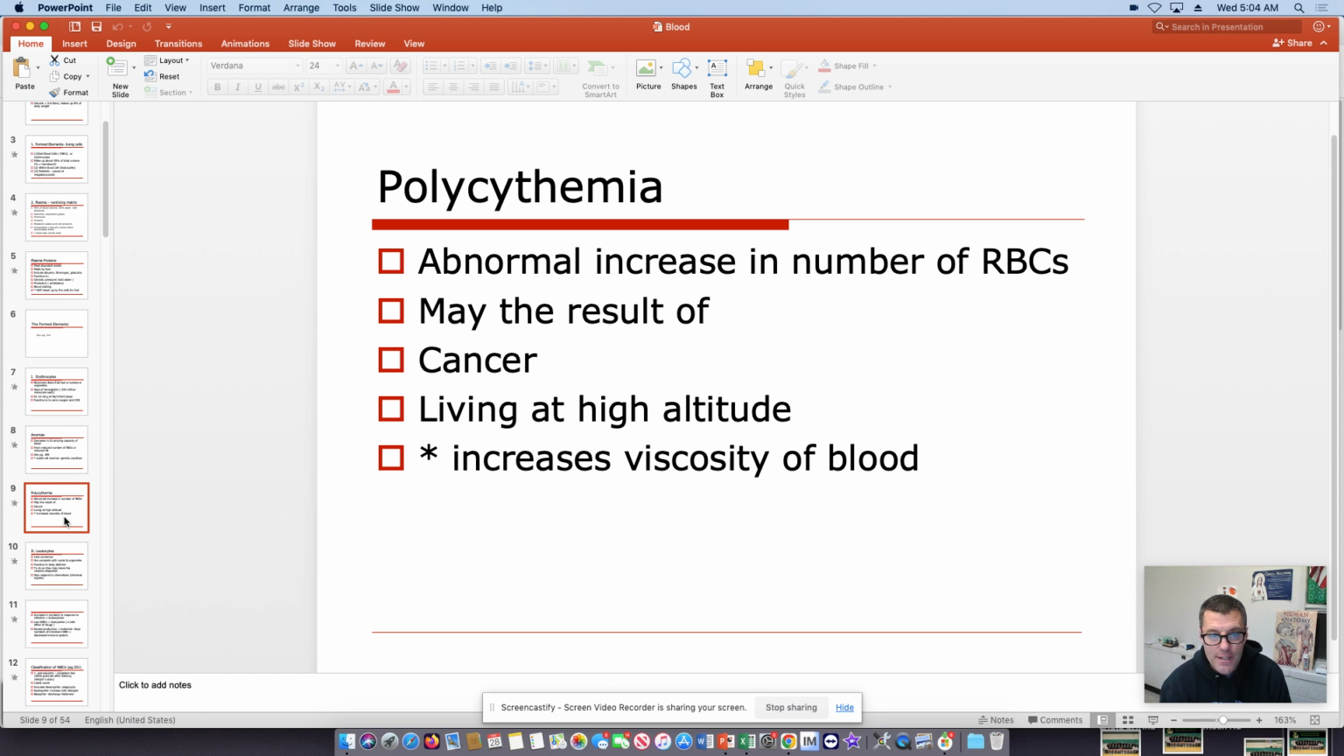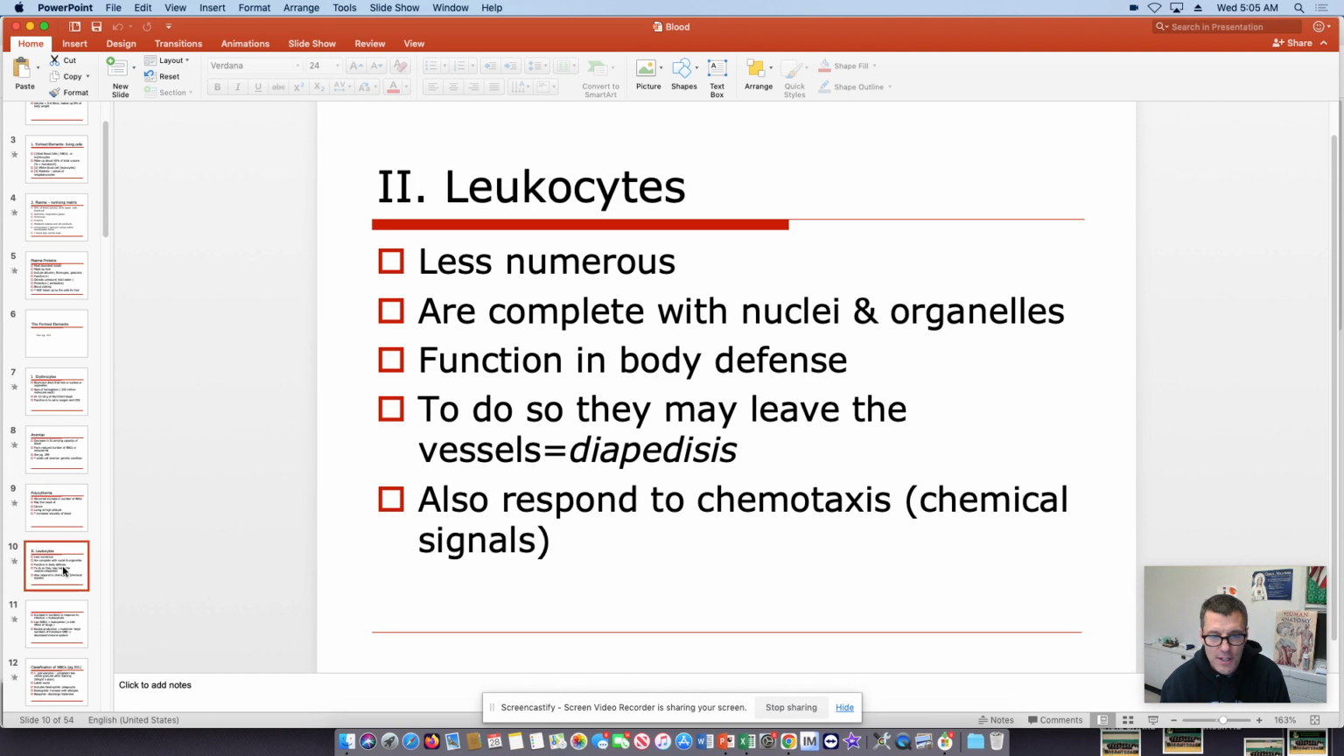An abnormal increase in red blood cells can be indicative of cancer, if it's long-term. Exposure to high altitude or low oxygen concentration could be a not harmful cause of that. Leukocytes then, or white blood cells,